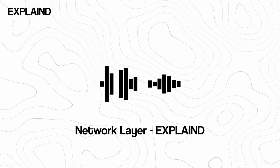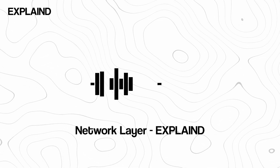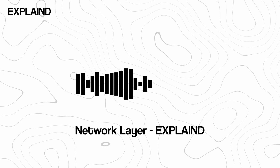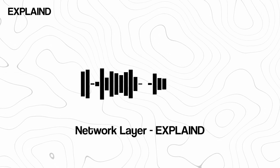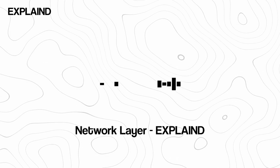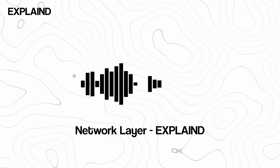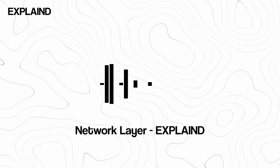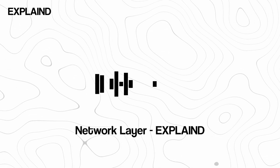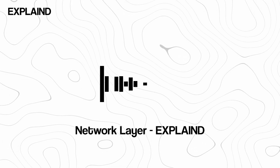Okay. Before we wrap things up completely, let's take a super quick look at some of the emerging trends that are going to be shaping the future of the internet. Ooh, this is always my favorite part. What's coming next? What's the next big thing? Well, one trend that's really gaining some serious momentum is edge computing. Edge computing. Is that kind of like cloud computing, but closer to the edge of the network? You got it. Instead of relying on those big centralized data centers, edge computing brings the processing power closer to